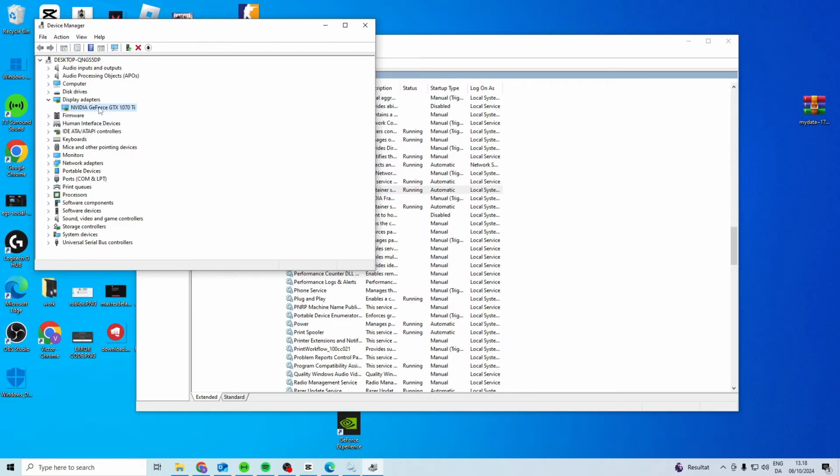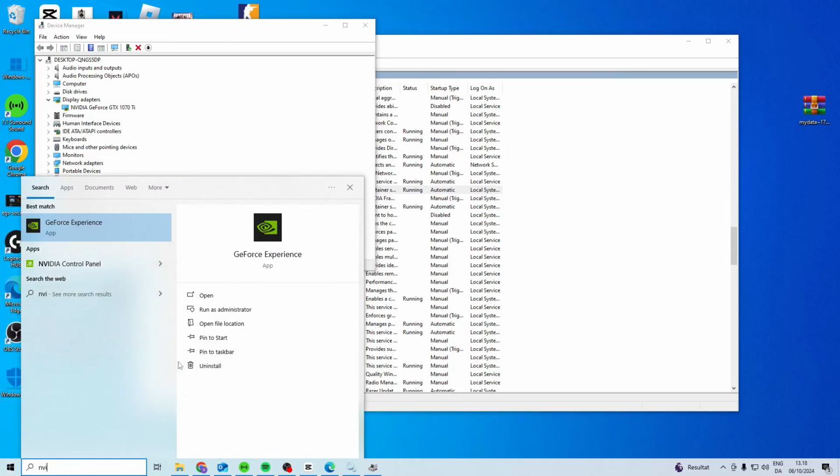If you still cannot see it, what you can do is right click on it, uninstall device, and this will uninstall your graphics driver. And then you want to press Action, Scan for hardware changes, and it's going to reinstall it. Now, if that still doesn't work, what we can try is come down here and search for Nvidia and